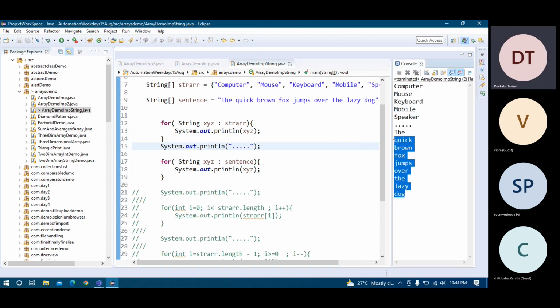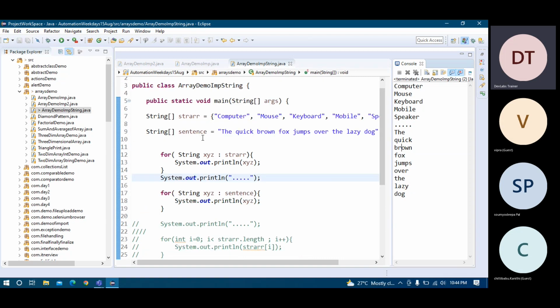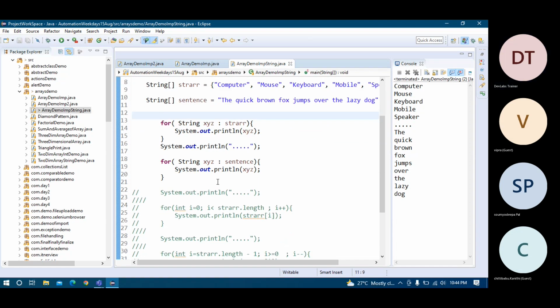You can see here this is separated, same like that. So I just want to confirm whether both are the same or not. So this is also same.